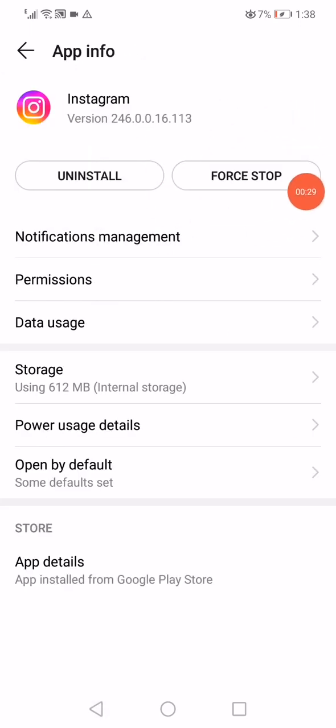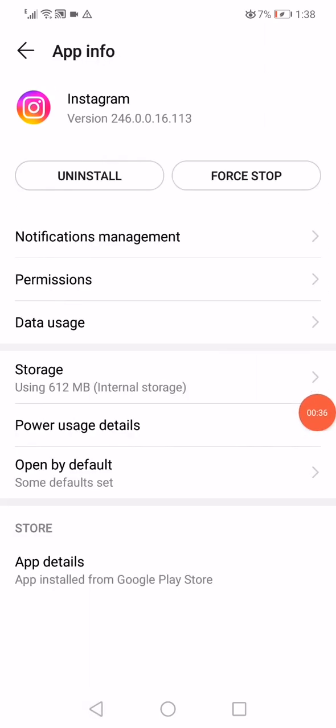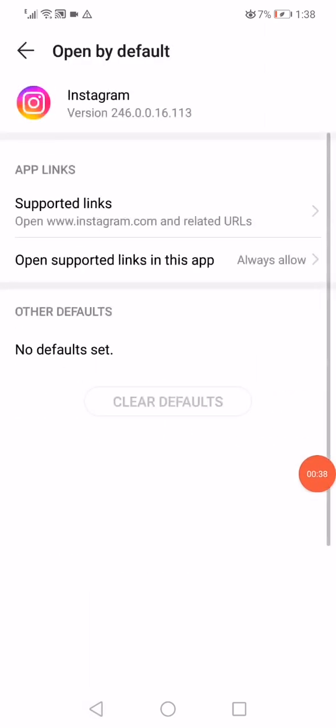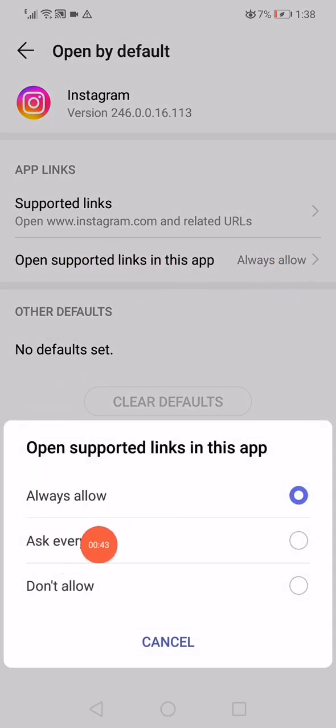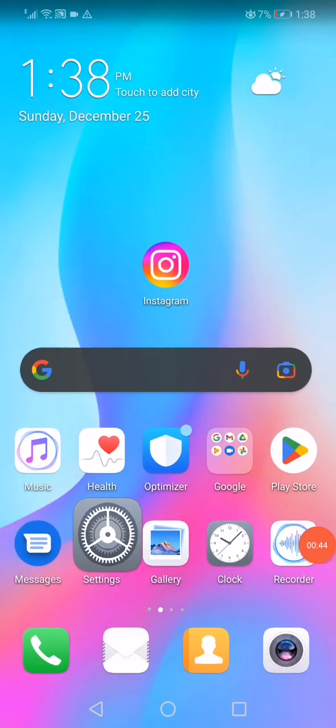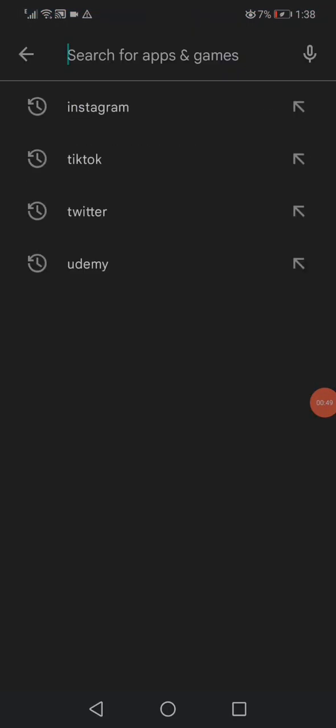Go back, click on this force stop, click on the storage, click on this clear data, clear cache, go back, click on the open by default option, click on the open supported links in this app like this and click on ask every time. Now go back to the home page, open the Play Store and search for Instagram and